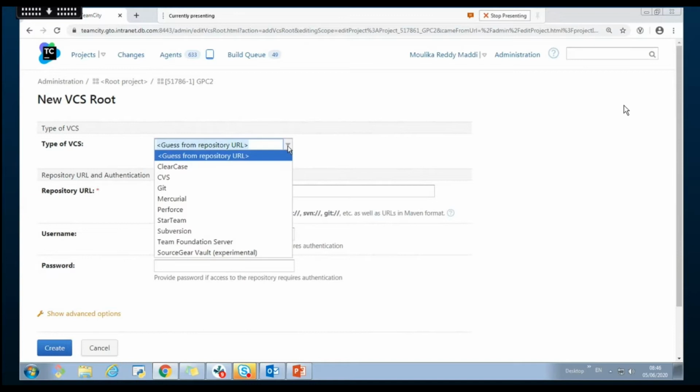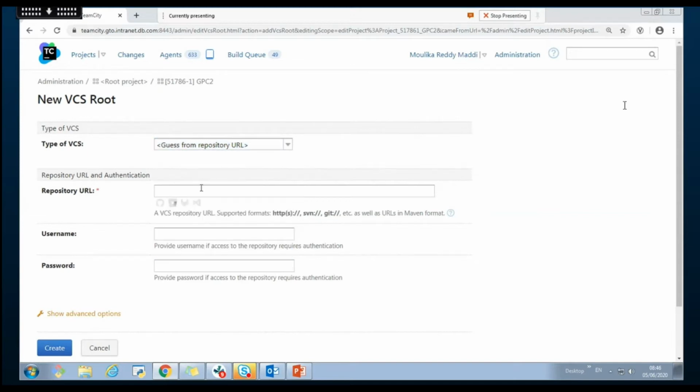As of now, we are using Git, but you can select whichever you use over here. The repository URL is the same, along with a username and password for authentication. So this is how you create a VCS root.